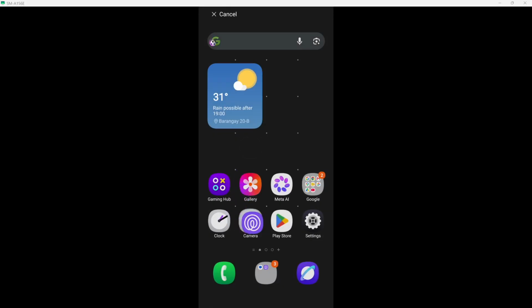Holding the icon is crucial as it gives you the ability to create a shortcut directly on your home screen, making it much easier to access Life 360 in the future. From there, drag it to the home screen.